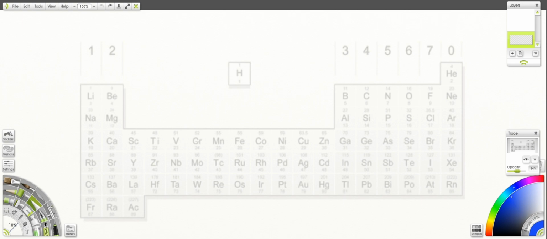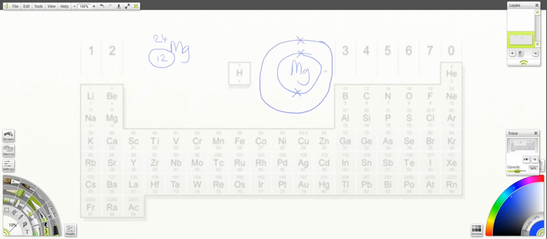So magnesium is 24 and 12. Now we're using the bottom number because we're looking at the number of electrons. The bottom number equals the number of protons, which happens to equal the number of electrons. So let's do this now. Magnesium has 2 in the first shell. Let's count the total number of electrons: 1, 2, 3, 4, 5, 6, 7, 8, 9, 10,